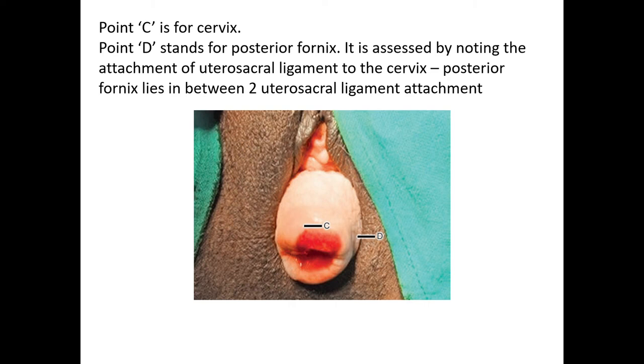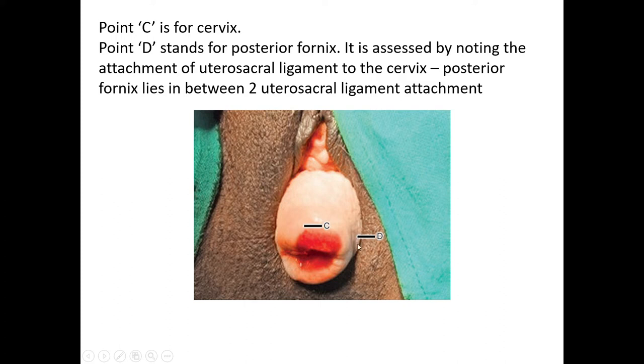Let us take some examples. C, or the cervix, is the most leading area of the prolapse. D represents the posterior fornix, but when there is a prolapse, it is difficult to find out where the posterior fornix is, so it is easier to find out where the uterosacral ligament is inserted, because as you know,